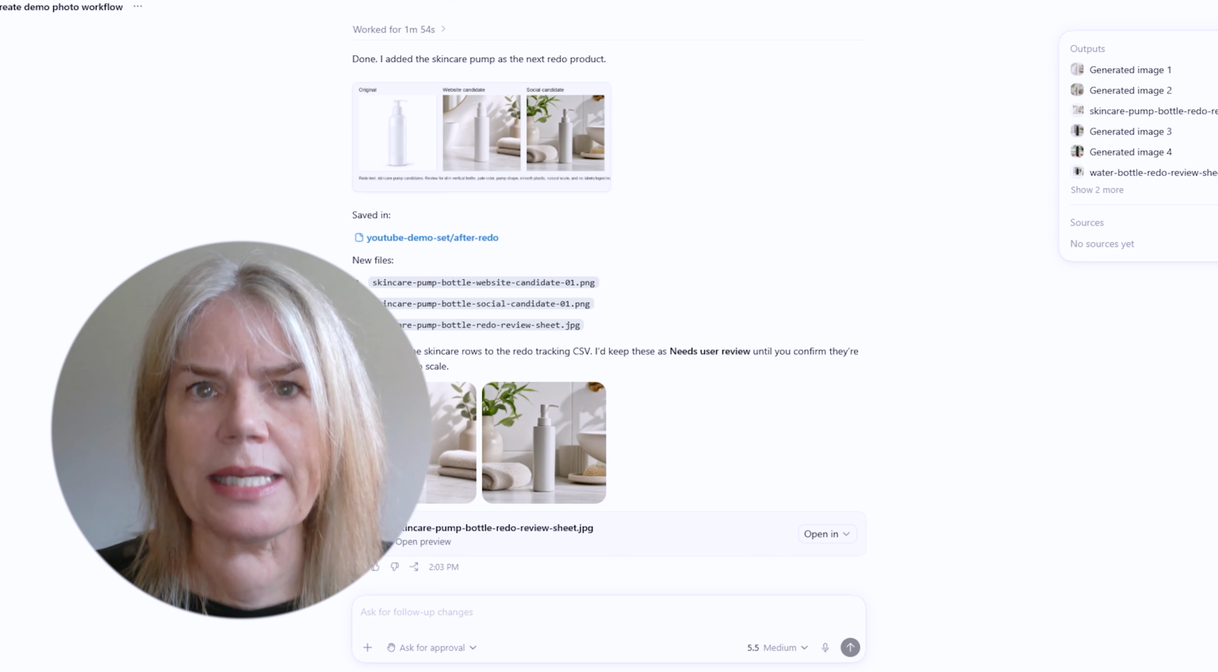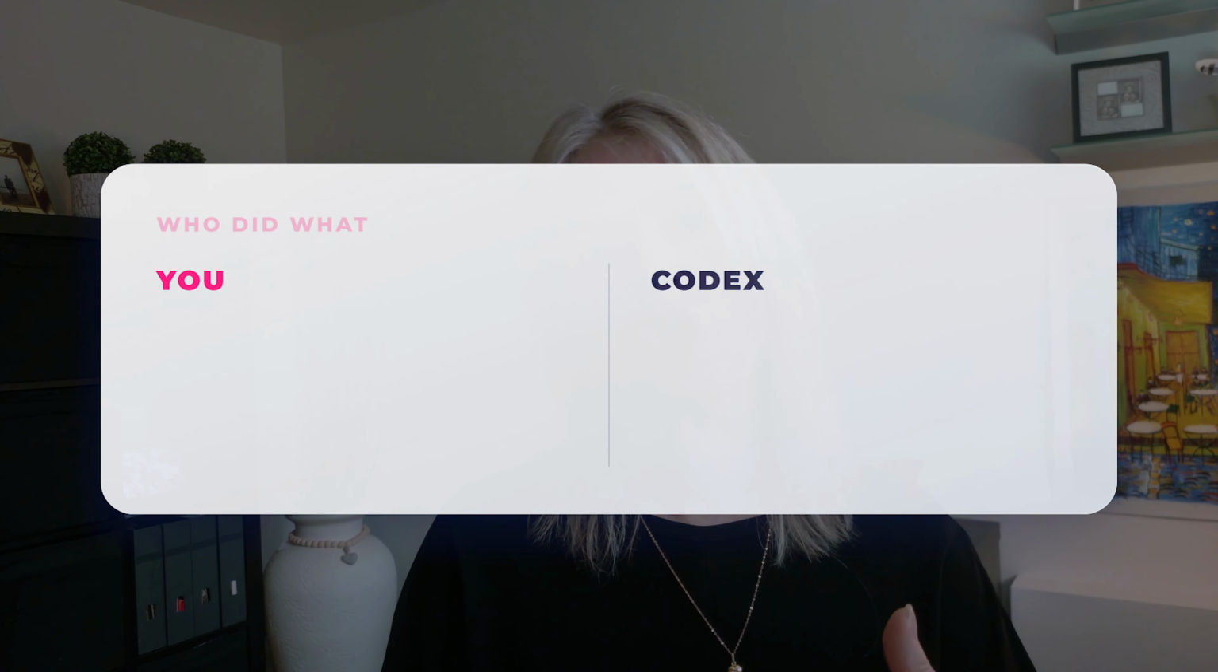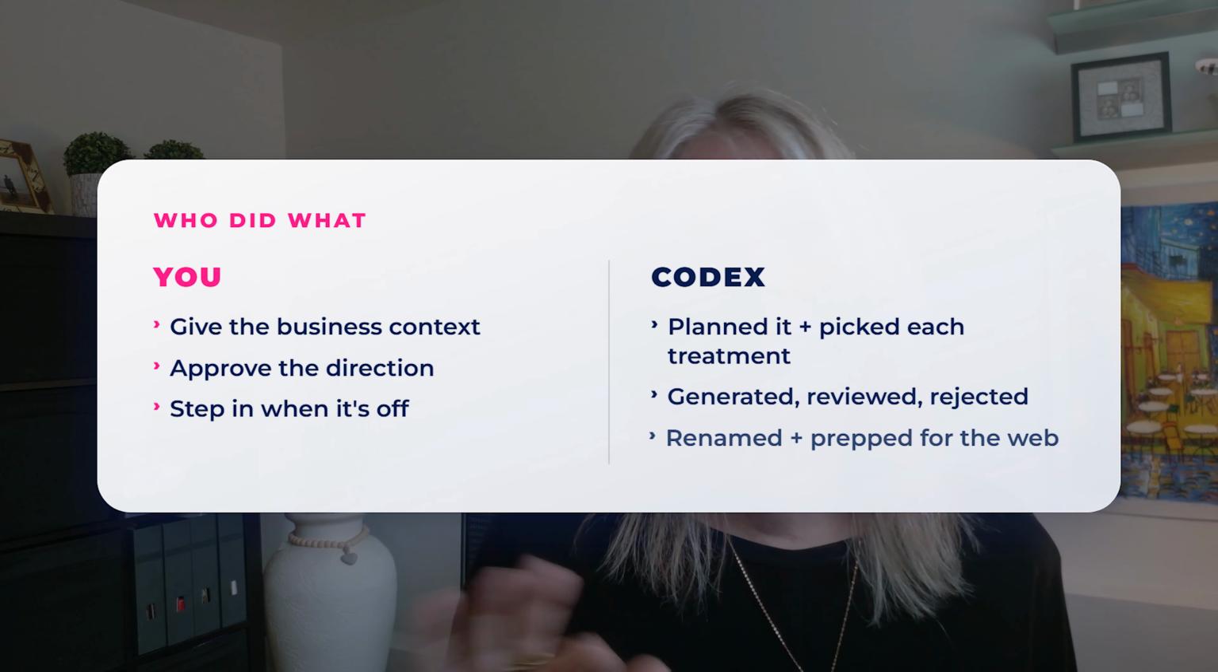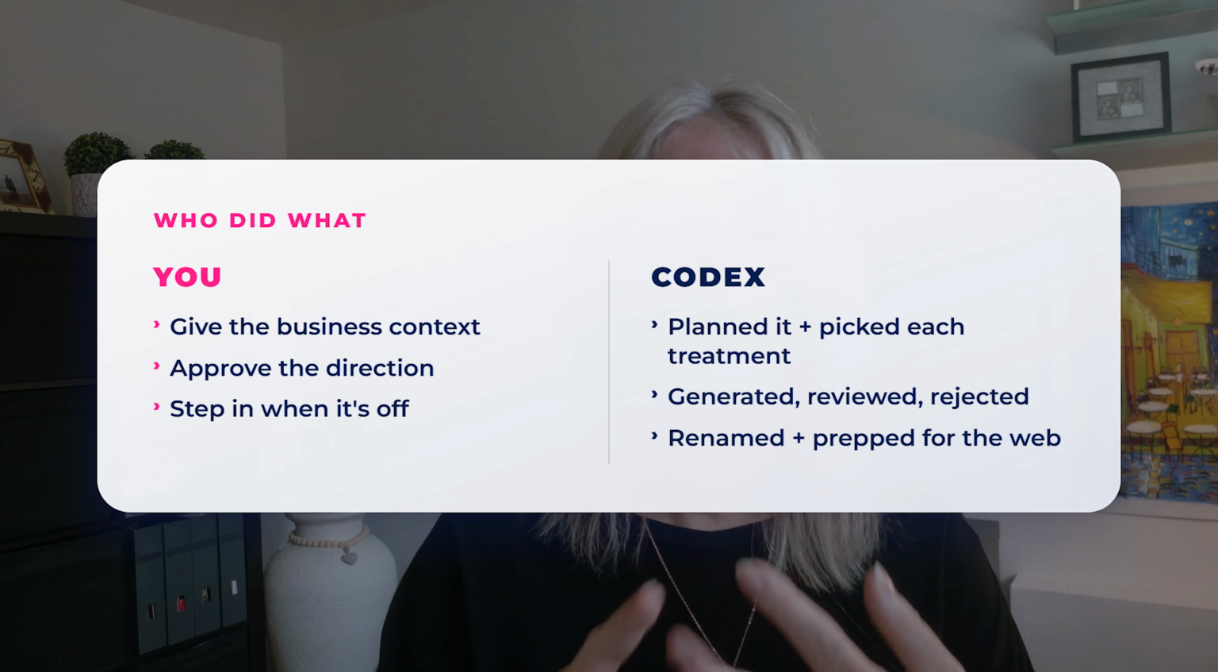So the AI was not just making images, it was managing my production workflow. And my role was to give the business context, approve the direction, and step in when something did not feel right. The AI's role was to run the process, organize the files, create the plan, decide the image treatment, generate the candidates, review the outputs, reject mistakes, rename files properly, and prepare everything for website use. You know how long that would have taken back in the day? So this was less like using AI as an image generator and more like using AI as a production assistant